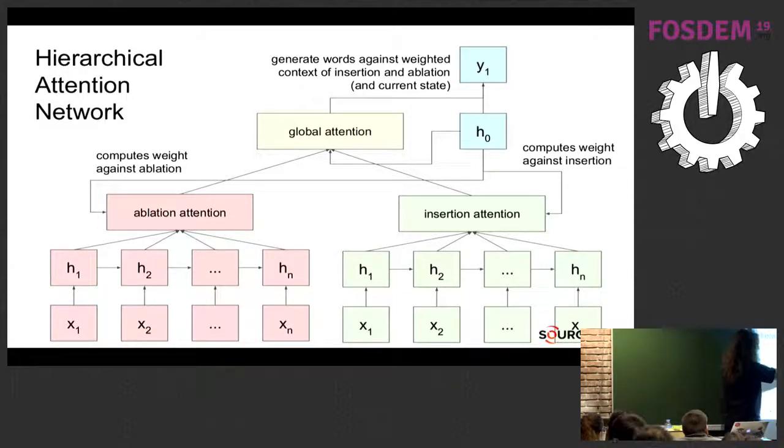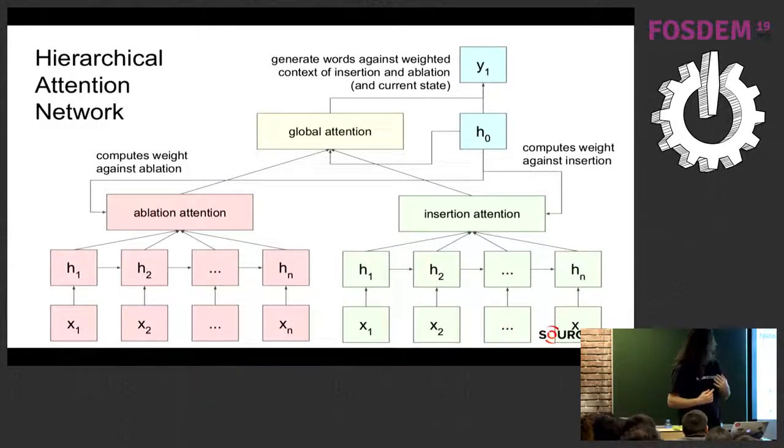And then you feed the two attentions into a global attention vector in which the inputs are not hidden states, but are the summation, the attention output. And in that global attention, you decide which is the next word that you should be generating based on the fact that you are seeing this ablation context and this insertion context. So no more just one single flat space, no matter if it's ablation or insertion. But you just factor out by hierarchically distributing the complexity.